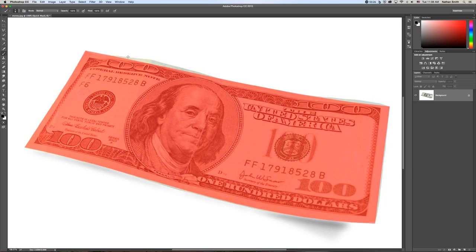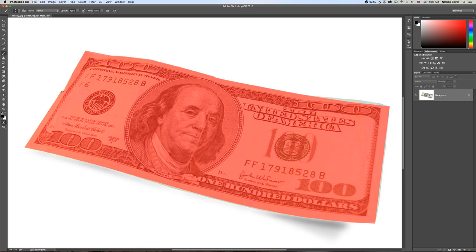I'm going to click right there and hold my shift key down, and that will give me a straight line in between each click, and then I can fill that in. I can switch to white paint, and I think somewhere in here